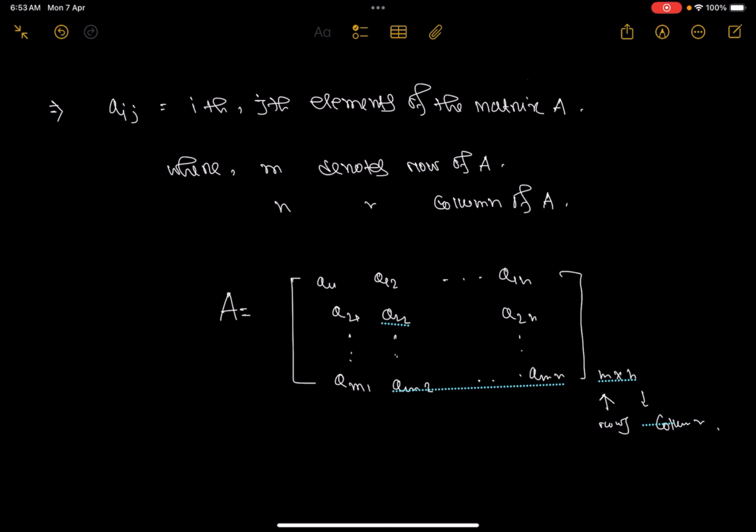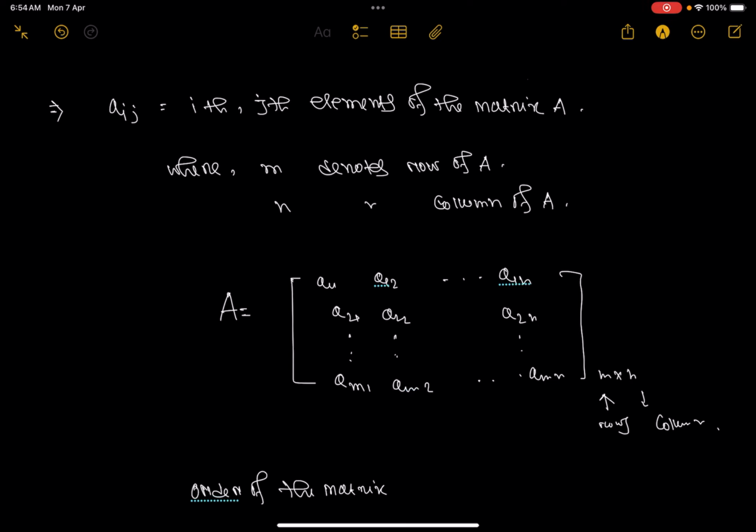For an element Aij, suppose A12, this is the 1st row and 2nd column position of the element of the matrix. Here M denotes the matrix rows, and N denotes the columns. Then we discuss the size of the matrix. What is the size? This is M cross N. The possible order of the matrix: the order of